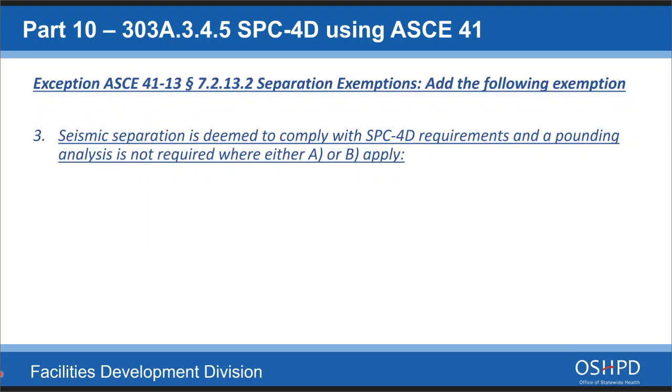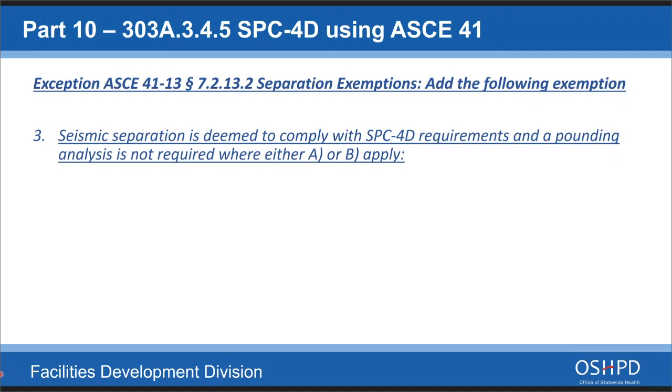But in order to do that, one of the requirements to meeting those criteria for AAC 41 is building separations. And if you do not have the necessary seismic separation for AAC 41, then you have to do what is called a pounding analysis. Okay, so if you do not meet these requirements, you need to do pounding analysis. Now, how do you evaluate a pounding analysis? How do you justify that after a pounding analysis, your building is still going to be okay? That's kind of difficult to do.